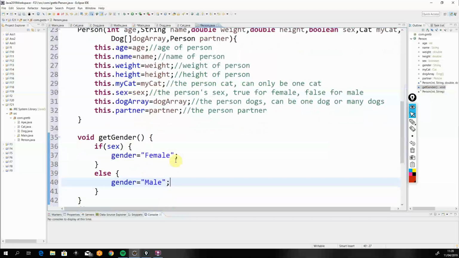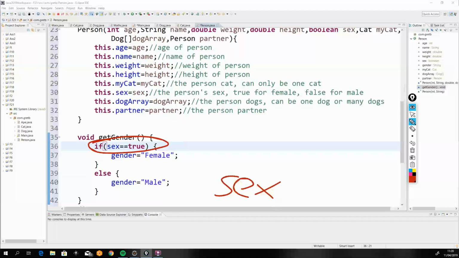Now I've done something that looks slightly different. Now I can do this, right? That's fine. There's nothing wrong with doing that. Okay? I can do that, fine, but I don't have to do that, because remember, sex is a Boolean. Sex is either true or false. Okay? So if I say this,